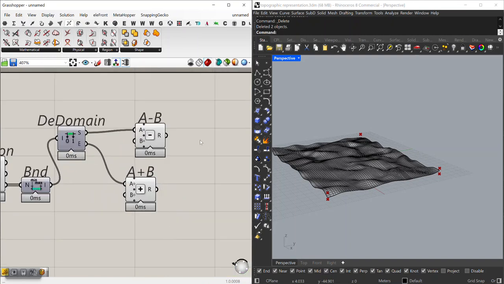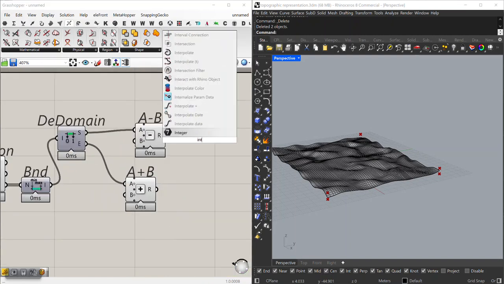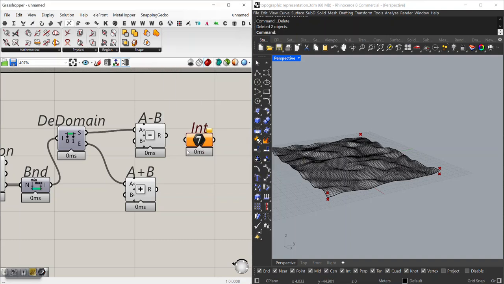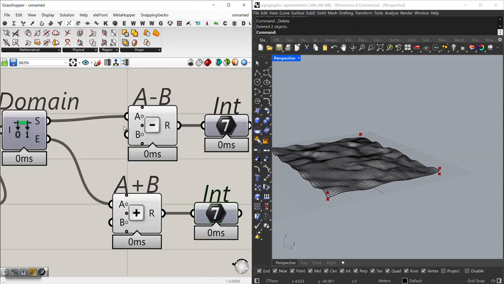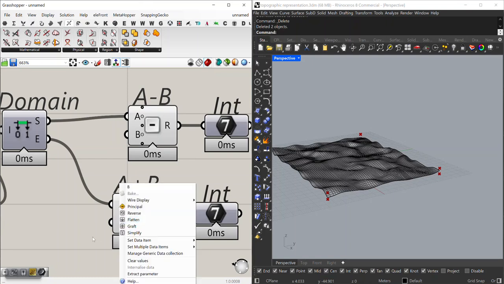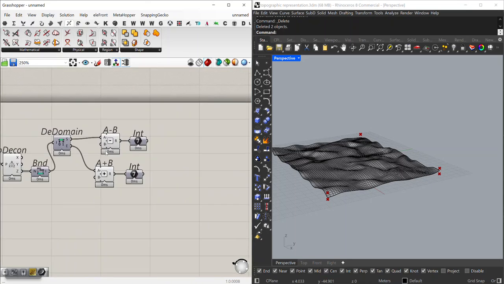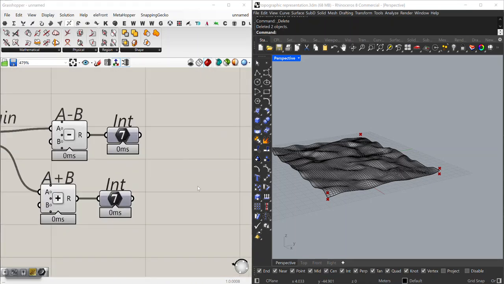Yes, and then I'm going to turn them into integers. The reason that I didn't give anything to this input is that there is some default input here, which happens to be 1 and the thing I wanted. So